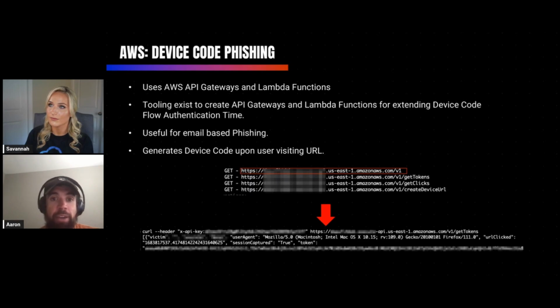Basically, it uses an AWS API gateway and different Lambda functions, as you can see there in the screenshot, to generate an API gateway that, when accessed, will start the flow of creating a device code URL that the user then has 900 seconds to allow to authorize their device. So the polling doesn't begin until that user actually clicks the Amazon API gateway. So this gives you some additional time when sending out phishes to gain access to that user's authorized keys.